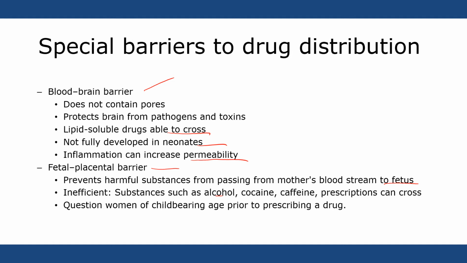So you have to be very, very careful when you prescribe any medication to a female patient of childbearing age. Make sure we sit down with them and do a very good education. There are some drugs that are very, very toxic to the fetus. One example I can think of is